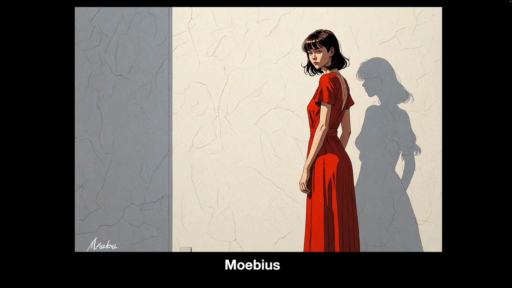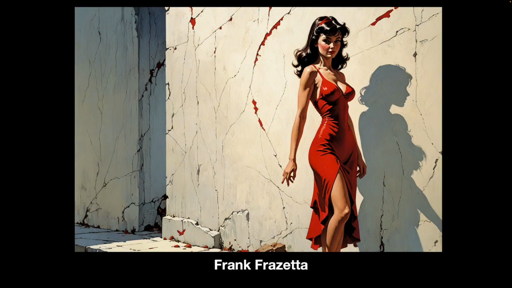This is Mobius. I was expecting Mobius to be a lot stronger. It's quite a nice comic strip style. Again, generic wall. It isn't strong enough to affect the wall, and that's how I'm judging it. Really, is the artist being prompted strong enough to take that wall over? This one is. This is Frank Frazetta. There's blood on the wall, and she's the sort of lady who goes out fighting monsters in her underwear just for fun. So Frank Frazetta, a very, very strong artist to prompt. You see how much of an effect prompting him has had on the wall. It's taken the wall from a flat plane and given it dimension.